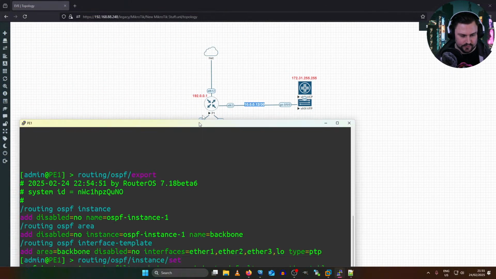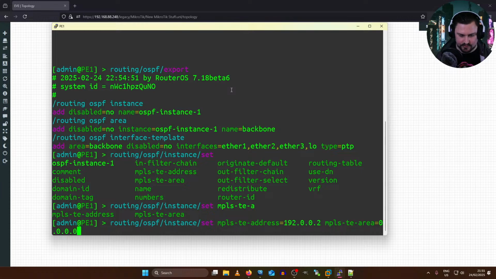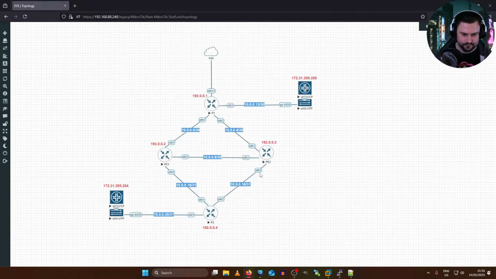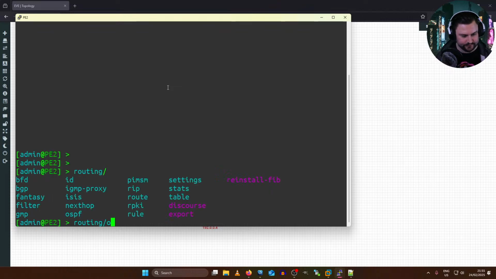No, this is .2 and .3. .2. And my MPLS TE area 0.0.0.40. Next. And let's jump on here. Routing OSPF area instance. I could have just copy pasted, to be honest. That would have been a little bit quicker.